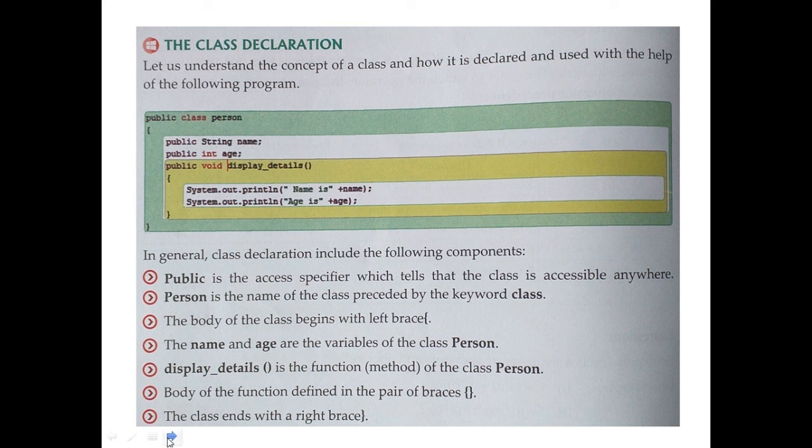Then we came to BlueJ. BlueJ is the application software which is used to write, compile and execute, where execute means run, Java programs. So with the help of BlueJ, it becomes easier for us to write, compile and run Java programs. Then, children, we came to tokens. There we learned about different kinds of tokens, which are the smallest individual units used in a Java program. Is this clear, children?